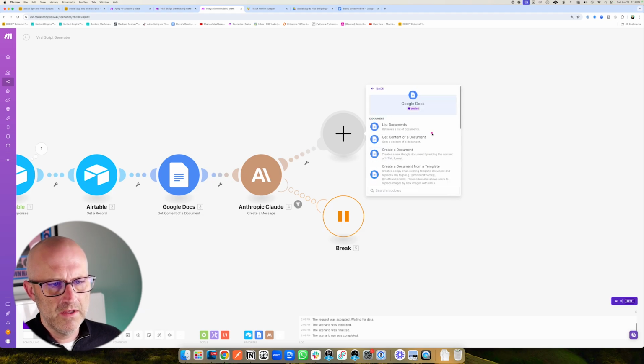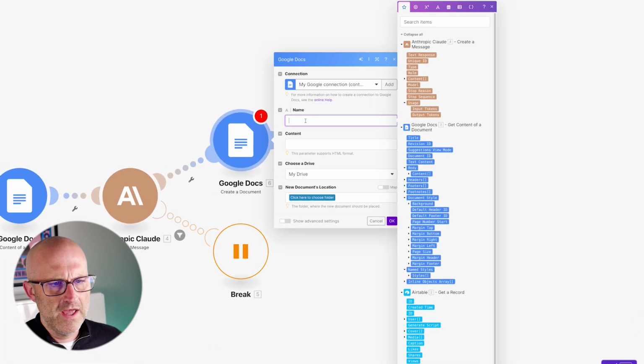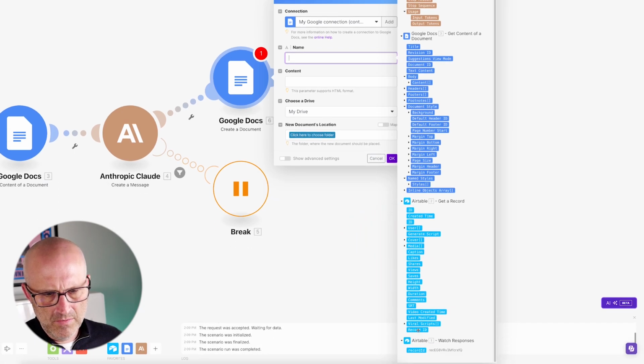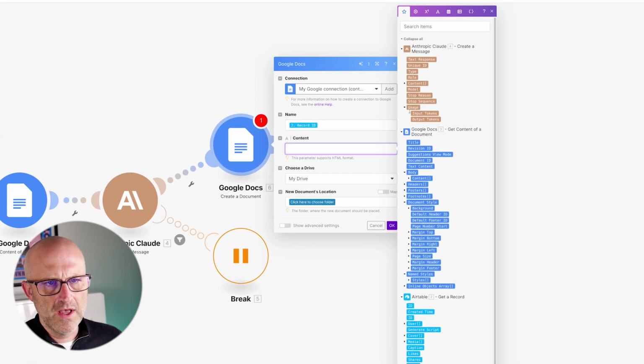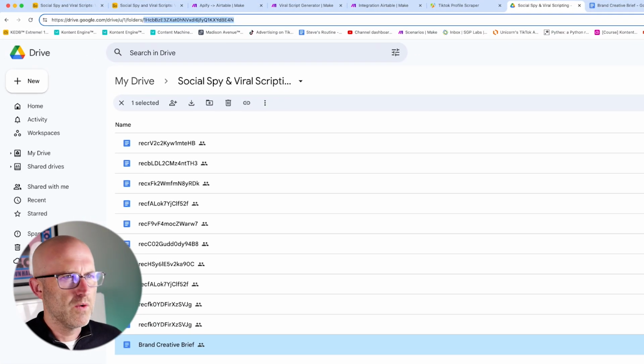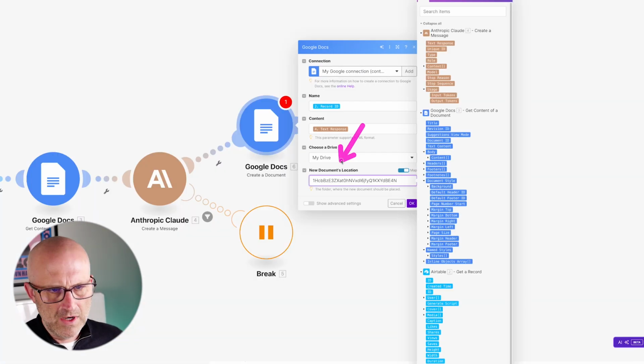So I'm going to create a new document, create document. For the name, I'm going to go ahead and just use the record ID from the second step here, record ID. For the contents, I'm going to go ahead and use the text response from Claude. And for the location, I'm going to go ahead and turn on this map. I'm going to jump back to my social spy folder. I'm going to grab this folder ID from the URL, jump back to Make, drop that in there,